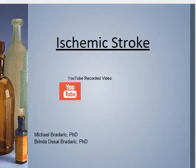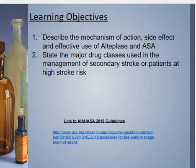Okay, so this lecture today is going to look at some of the treatment modalities for ischemic stroke. So any objectors are, there's very few of them. There's only 2 drugs in this particular lecture series. I do want to point out this is an interesting link to the American Heart Association, American Stroke Association joint 2018 guidelines for the treatment and management of ischemic stroke. It's a light read. It's only 280 something pages, but the bulk of this material is kind of summarized from